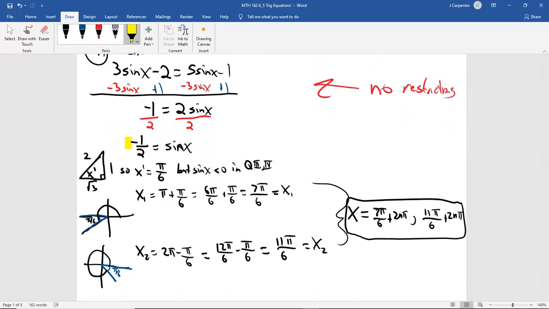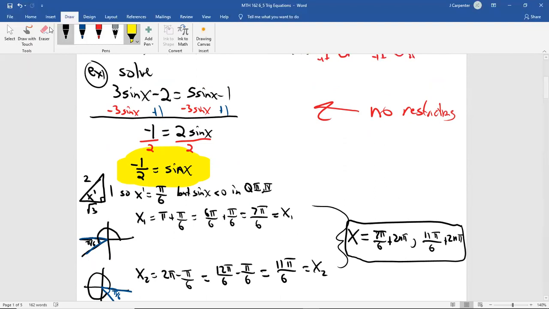Oh, this is why it seems familiar. Sine of x equals -1/2. We have already found the solutions to that. So this is another case of, if on a test I gave you one problem that was simpler and you got this, and another problem where you've got more going on, and you notice something that you've already done before, don't reinvent the wheel. You can just say, by example 1,